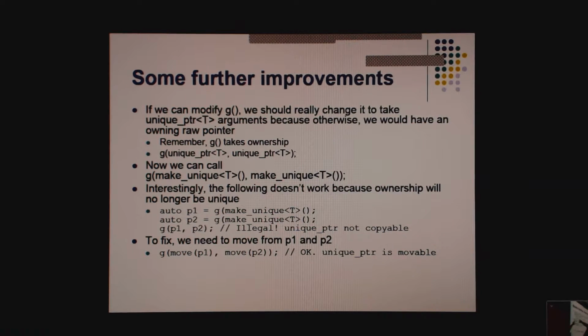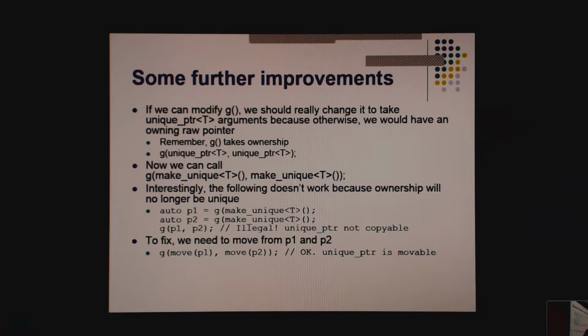If I say G of unique pointer of T, unique pointer of T, make_unique of T, make_unique of T, these are temporary. So they're going to go away, and G will end up being the sole owner of the objects, right? C++ move semantics says the compiler will move out of a temporary.